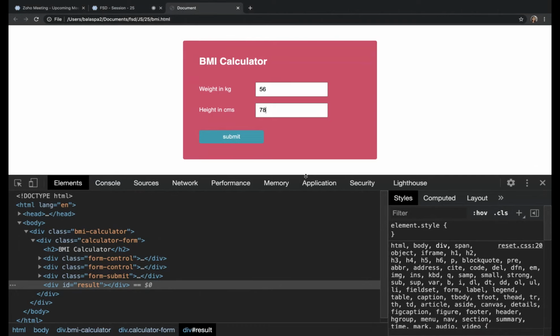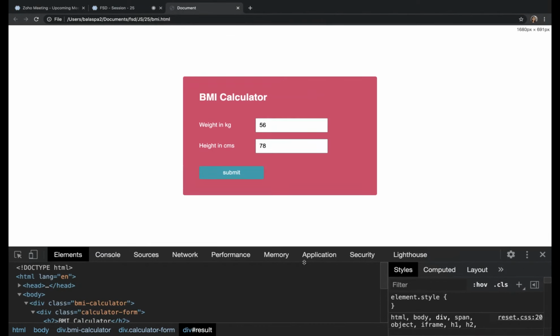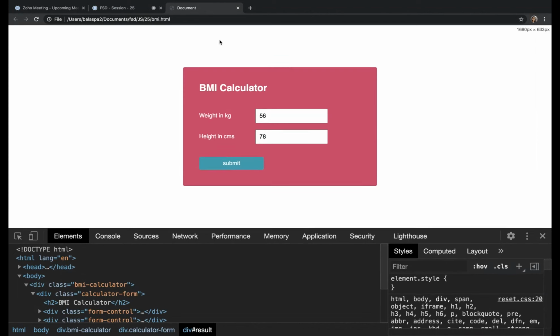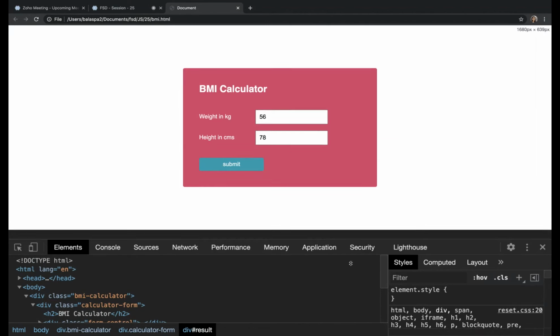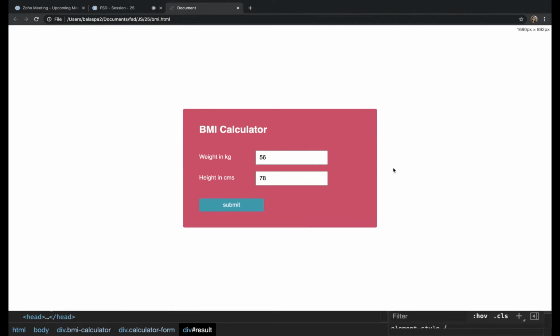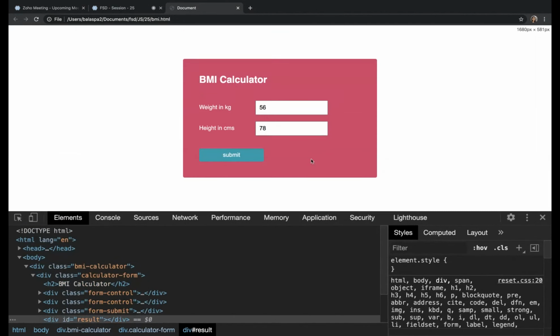Can you see if I do like this, it keeps on coming to center. Do you know why? Because I have given screen height to the body. So now the screen height is from here to here, so it is taking center to it. If I am giving in pixel, this thing won't happen. Since I have given 100 VH, this centering is happening based on the screen height.